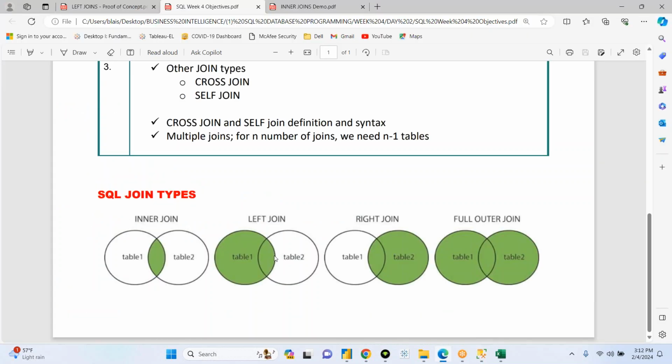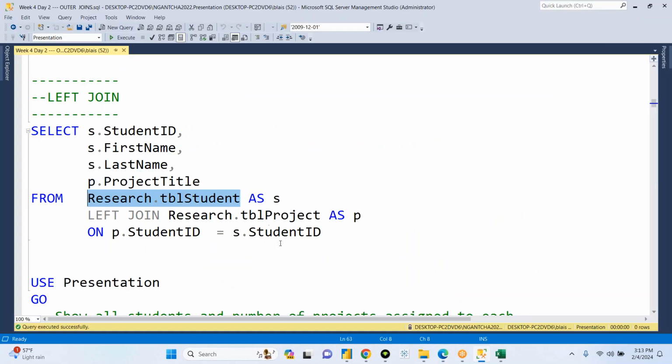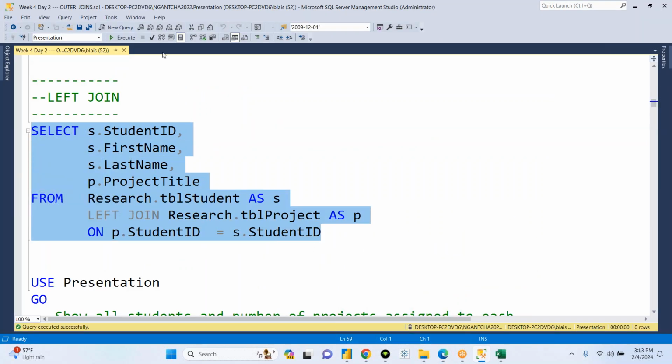And so this is a picture we are looking at. Table 1 is a student table. Table 2 is a project table. A list of all students, whether or not they have a project. This intersection is a list of students who have a project. Students without projects, they're going to be on this side. And when you execute that join, you will see that two zones,